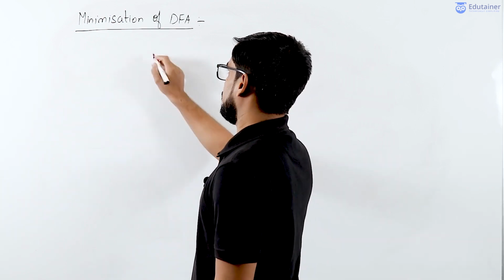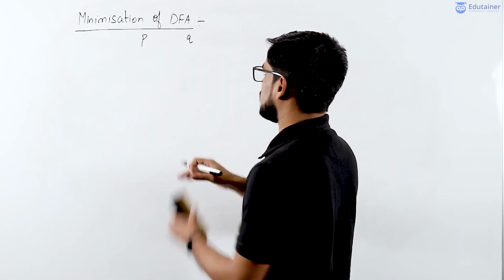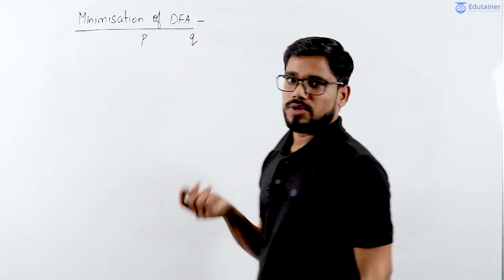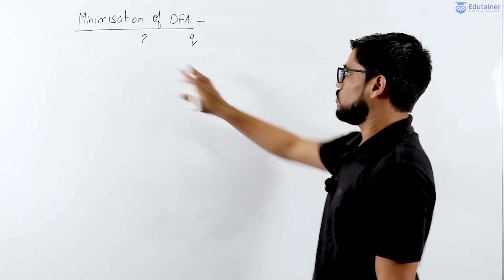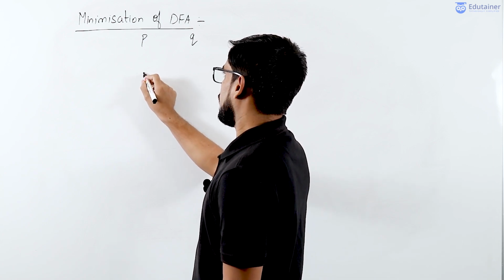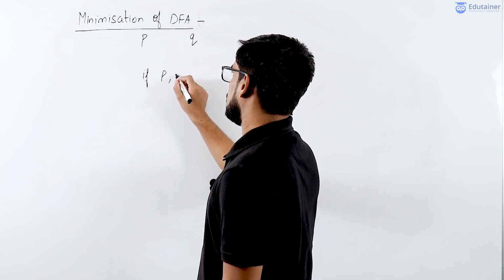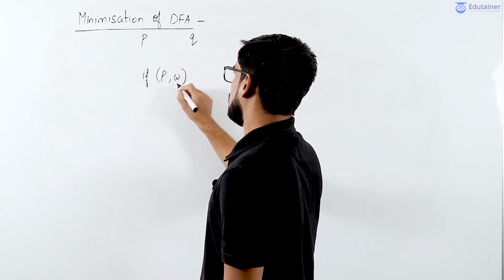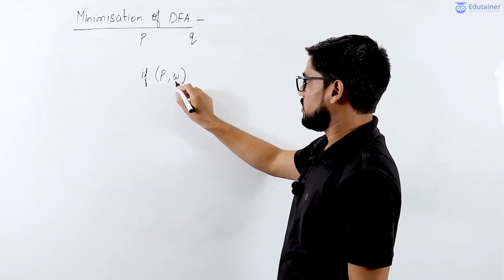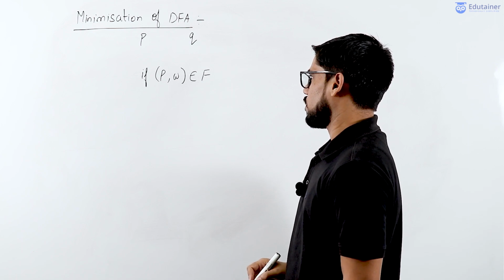So, minimization of DFA. Let's say we have two states P and Q. These two states are present in the DFA. Either you can consider the transition diagram or the transition table; you will find these two states in both ways of representation. Now if you are at state P and you see some input string W, and that takes you to a state belonging to capital F, the final states,